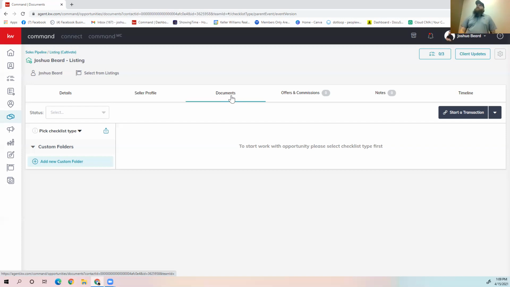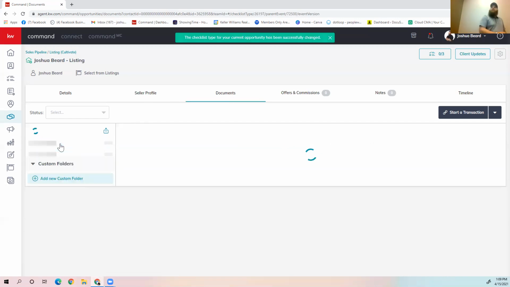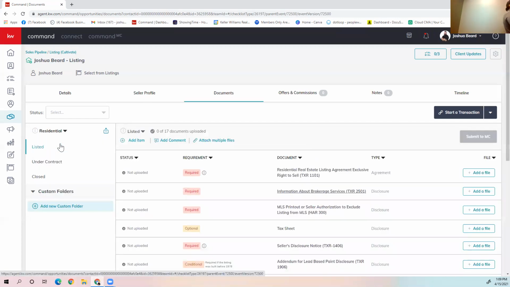On the left side, if you see where it says pick checklist type, you can click on it. As of right now, we do have residential. This is for a listing. We will be seeing the commercial and others like that come in here at a later date. They are finalizing those lists to make sure they are compliant, so we will get those later. Once you click on residential, it's going to load in all of these documents. Now, I've told a lot of people, to make this easier for you,